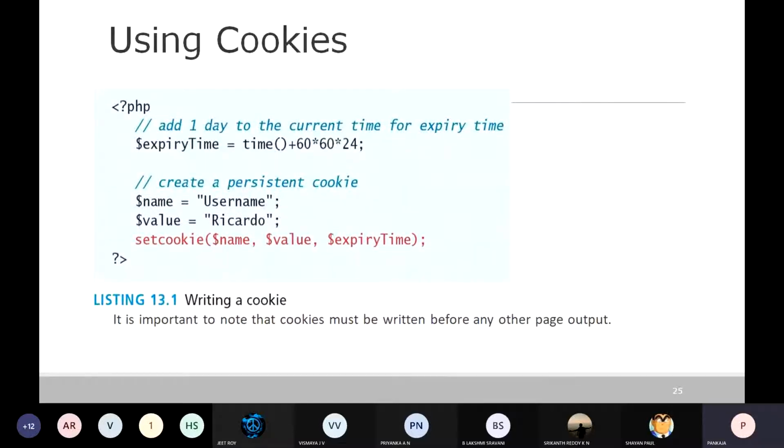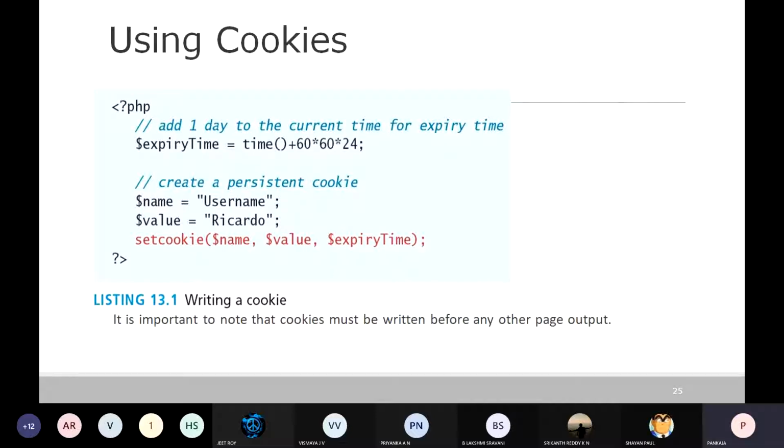Okay, what are cookies first of all? Cookies are nothing but a small file stored at the client machine. That is a very, very important point. You just remember it is a small file stored at the client machine in the browser memory. So normally what information does it store? It may store the session values or credentials or login details. This type of information is going to be stored in the cookies.